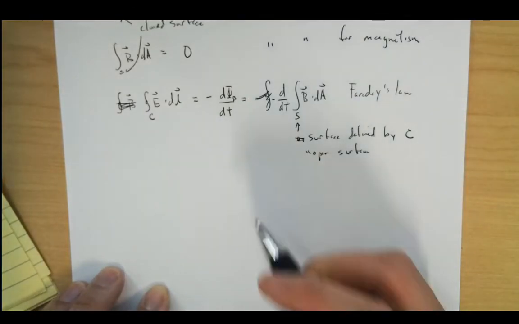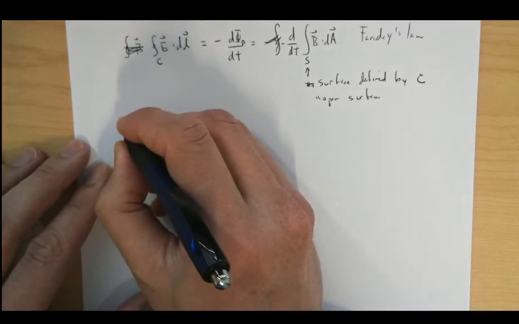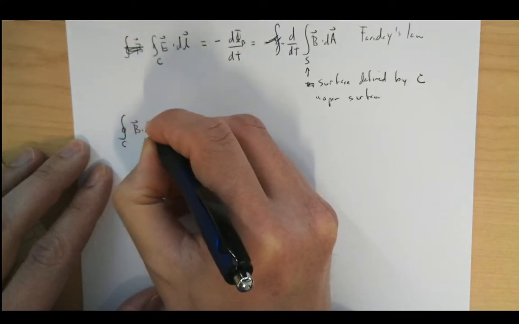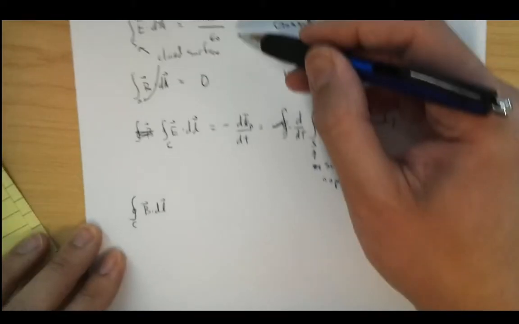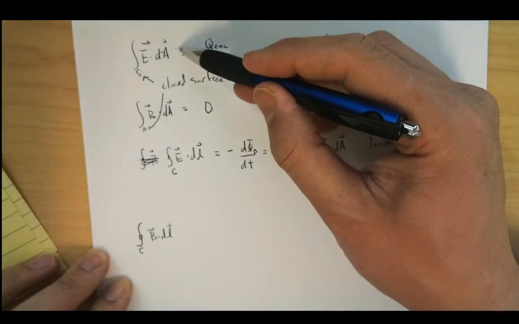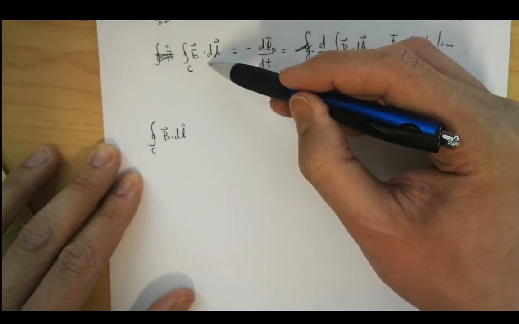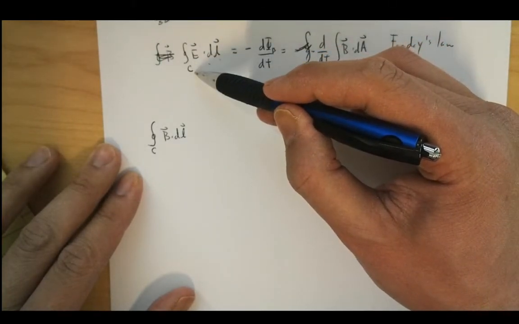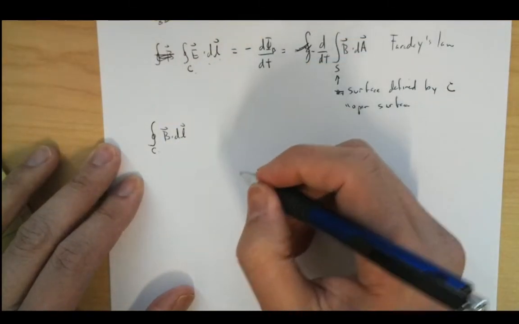All right. And then the last thing we basically came up with is the generalized Ampere's law. The integral over C of B dot dl. You can see the symmetry: this is the integral of E times dA, B times dA over some closed surface. This is the integral of E times dl over some closed contour C. Basically the same thing, B dot dl over some contour. This is going to be equal to